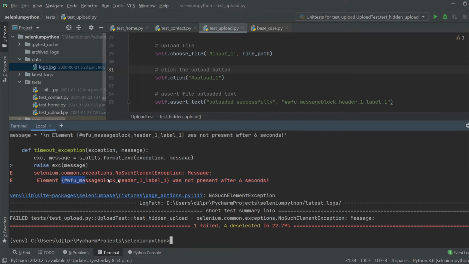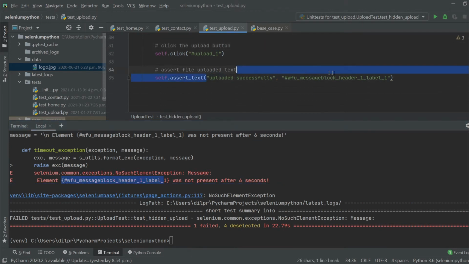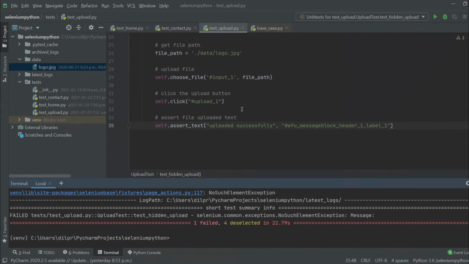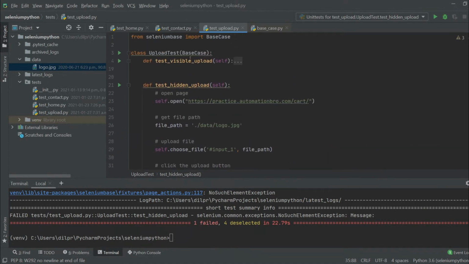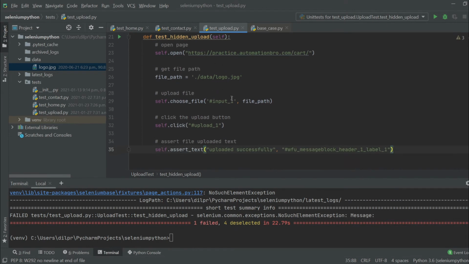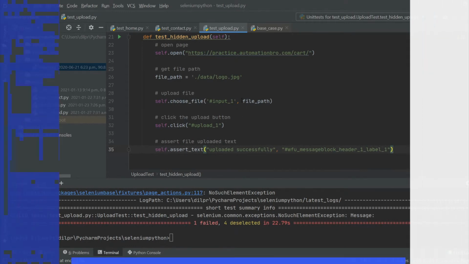It's saying that this element right here, which is what we were passing for our assertion, is actually not visible or not present. The reason for that is because it could not even upload anything. If it's not able to upload anything, obviously it will not find any upload text. All right, so what happened here? In this scenario, it should have worked, right? Because we just tested it out with our first example and took the same steps, but it actually failed. So let's head back to Chrome and take a look at why exactly that is happening.